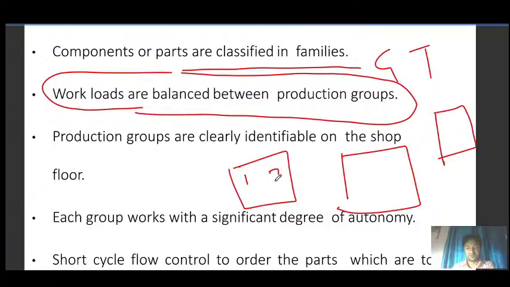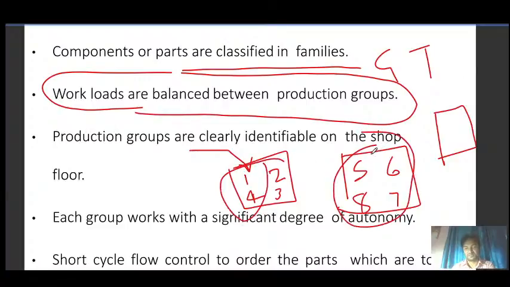Machine 1, 2, 3, 4, machine 5, 6, 7, 8. So part family 1 is being produced here, part family 2 can be produced here. Again, see part family A, and it has the part 1, say small a. Again, because a family can have a hierarchy, part family A can be produced here.